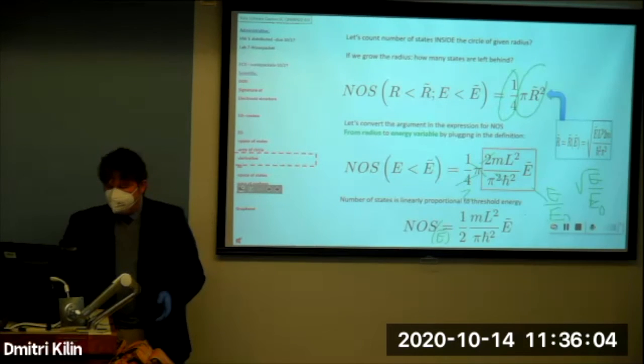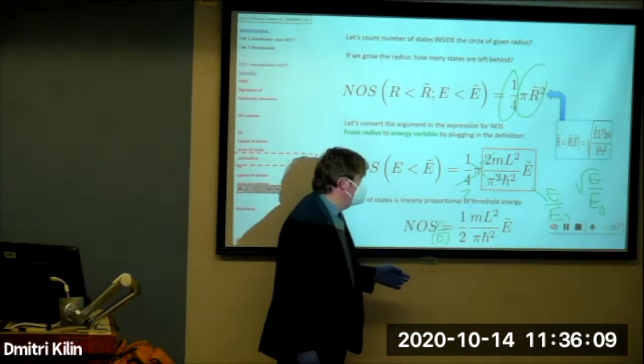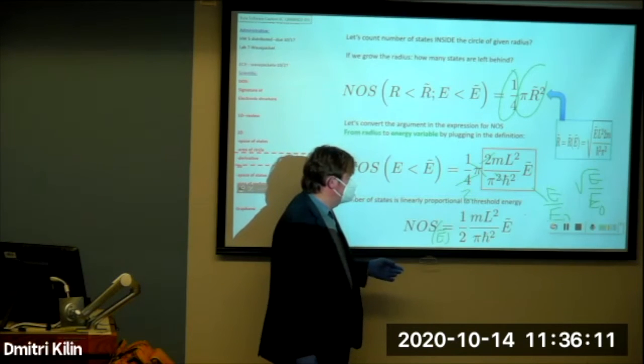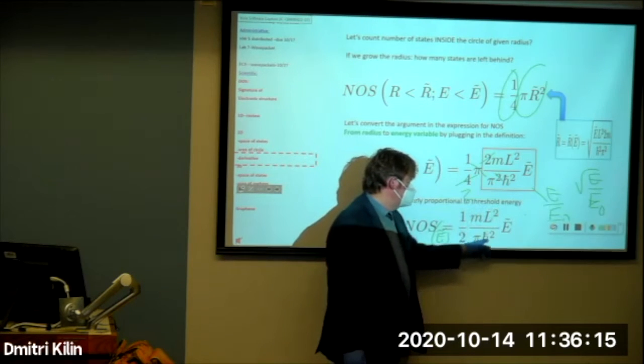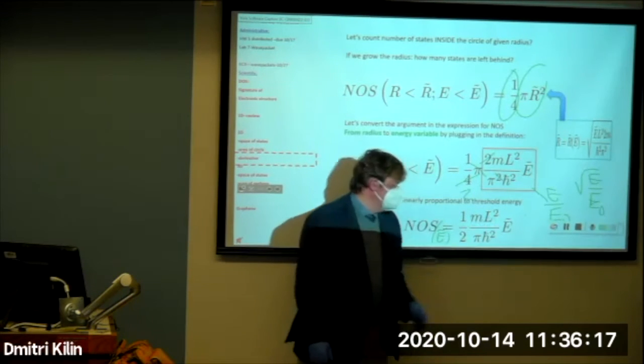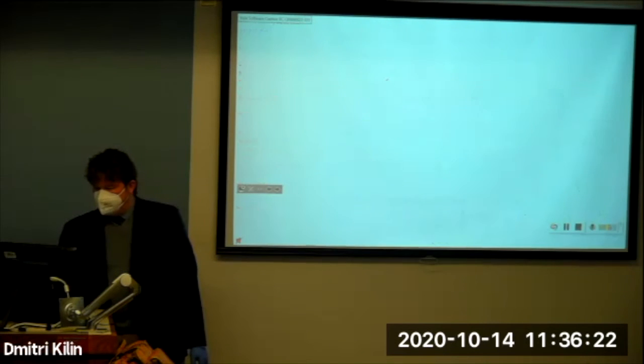I think it is the same stuff, just one day I was playing with an accurate derivation of all this. So number of states, here are all constants, which include size of the box times energy, and then by derivative, this constant will pop up as the